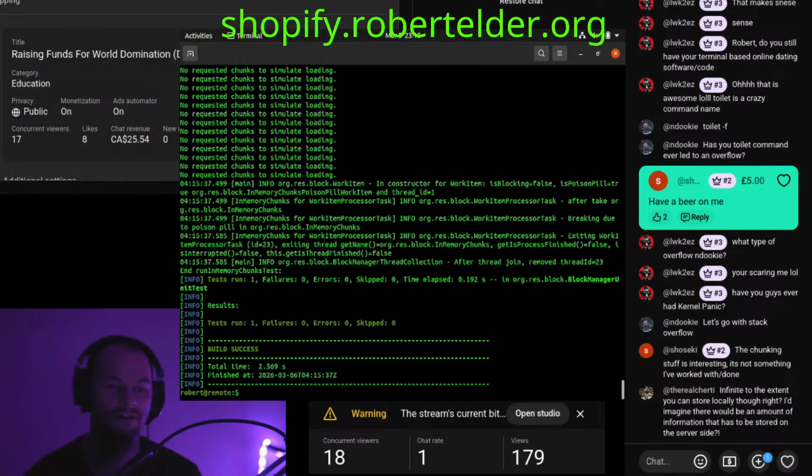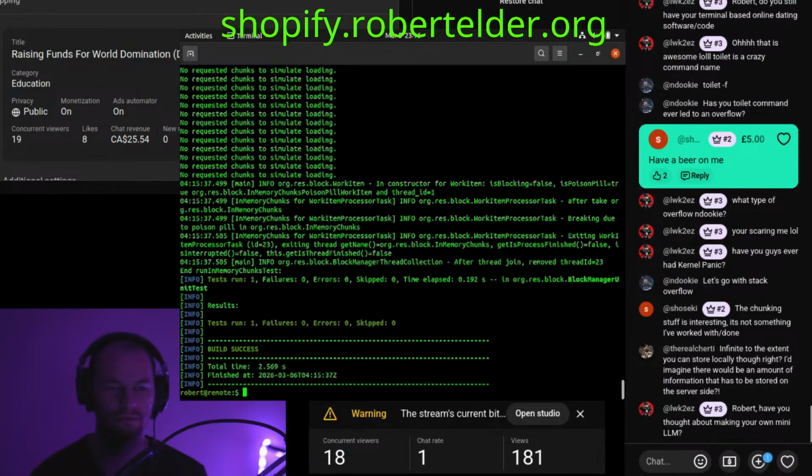Infinite to the extent you can store locally, though. I imagine there'll be an amount of information that has to be stored on the server side. Yeah, so I made it so the world generates as you explore based on a Perlin noise function,